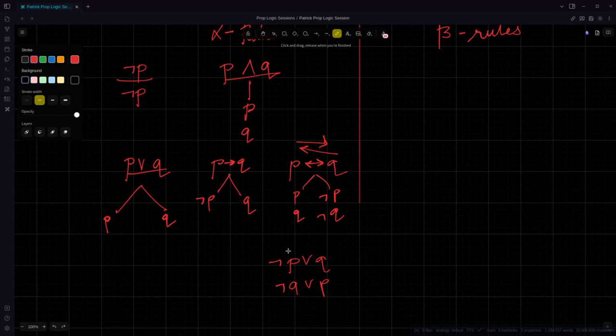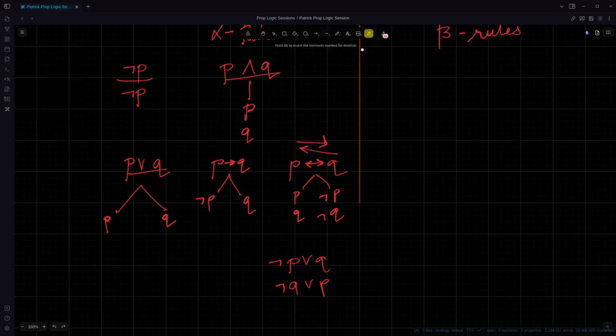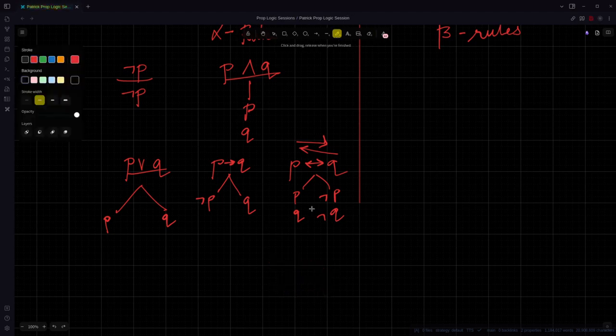So why did you put the not P on the right hand side? Yeah, so you can also write it like this, right? You can also write it as